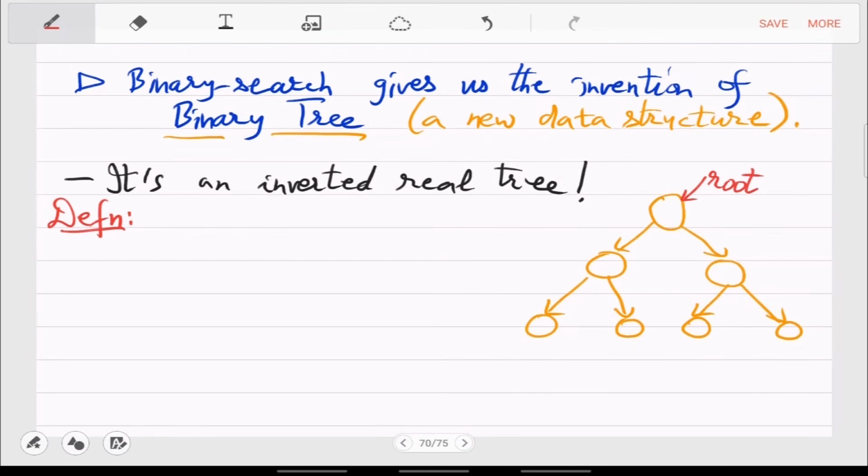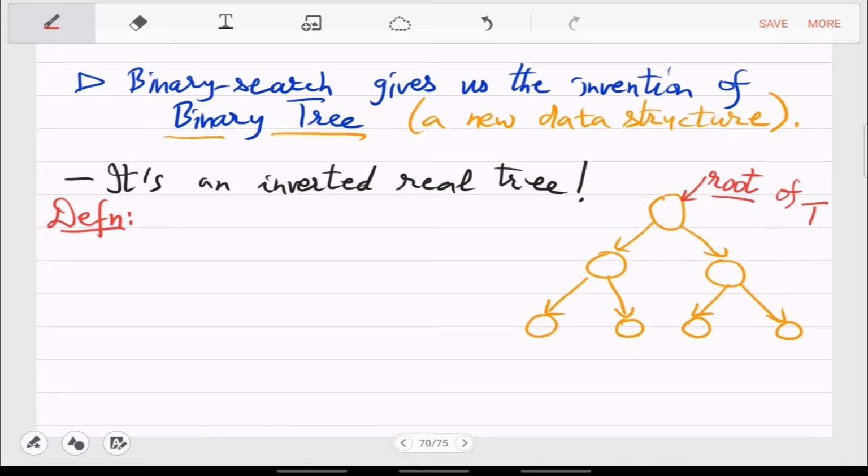This is all you have. And the tree is, let's say, T. So the data structure variable is T, and T dot root is what gives you the root of this tree. And so these things are pointers.